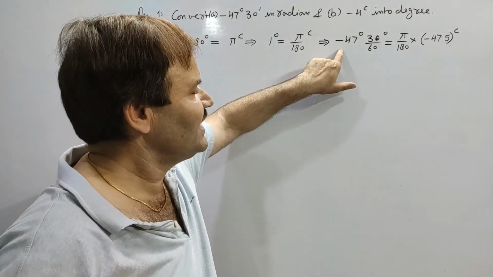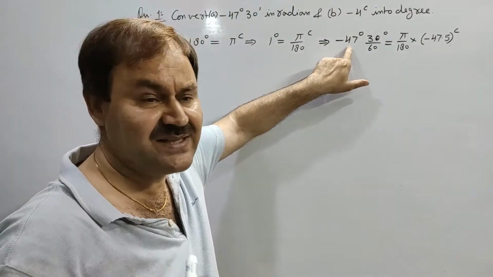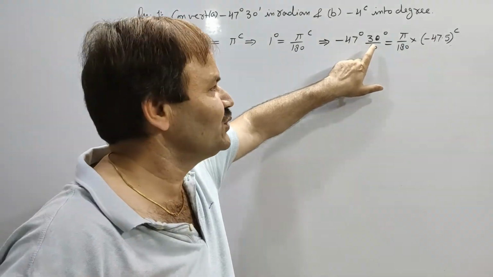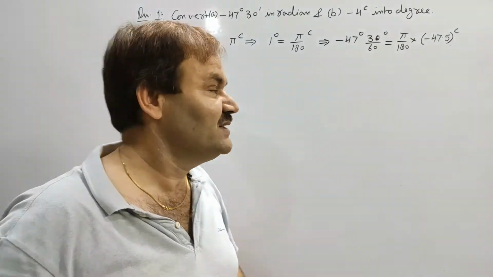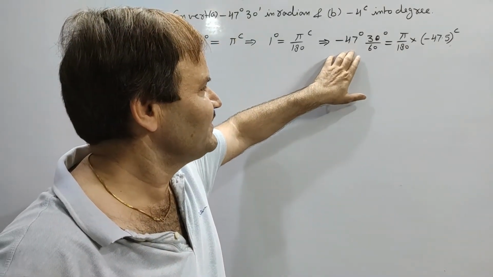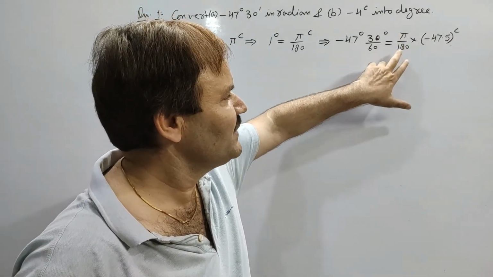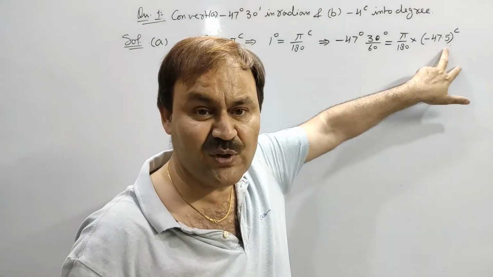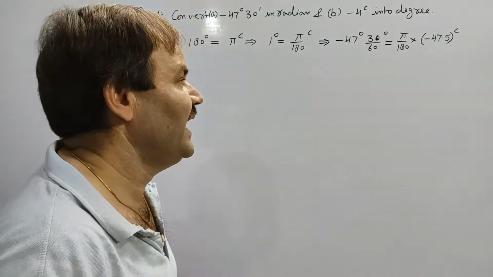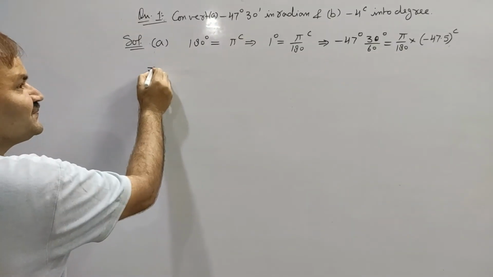So minus 47 degree 30 minute is equal to minus 47.5 degree. So minus 47 degree 30 minute will become equal to pi by 180 into minus 47.5 radian, and this implies